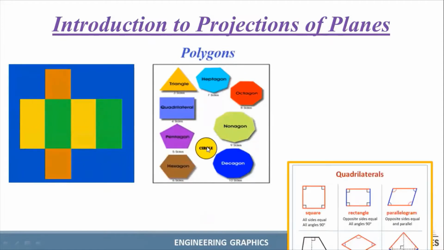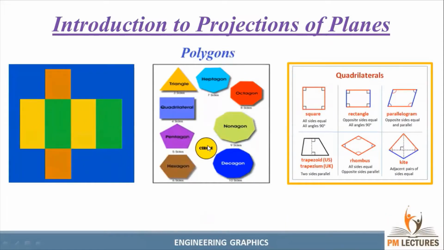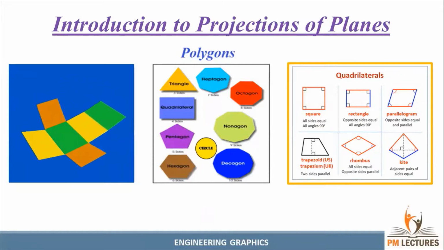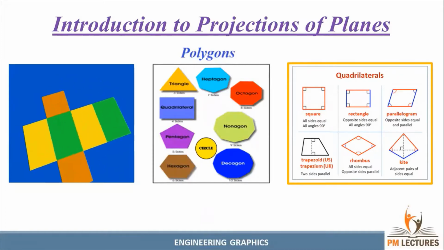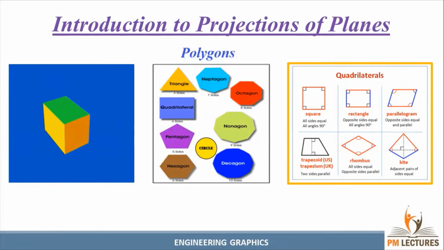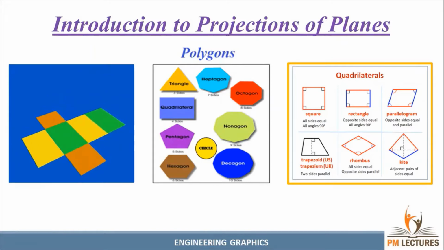Two points combine to make a line. Then for planes, 3 points or more than 3 points are able to make a plane. The other name for planes is surface or lamina. Please note, guys, in the question paper, sometimes instead of planes, they can use the word surface or lamina. So 3 points or more than 3 points combine to form a surface. Otherwise, we can say it is a plane or lamina.